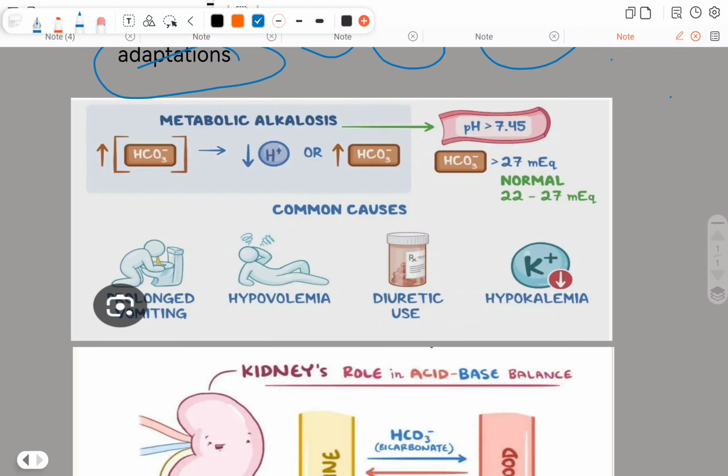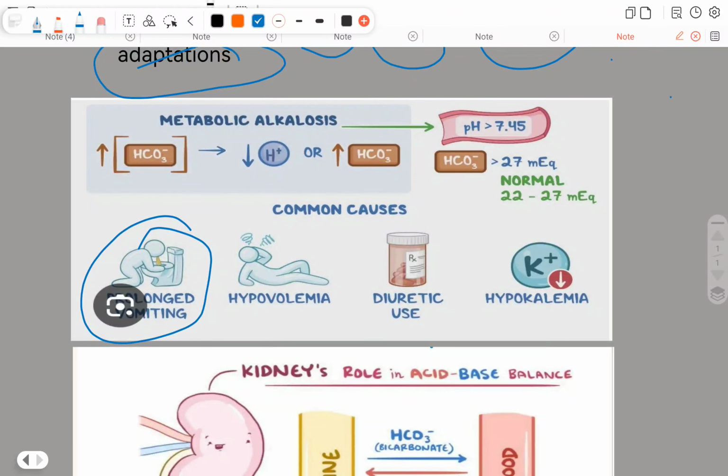Metabolic alkalosis is caused by losing hydrogen ions from our organism for several reasons. First of all, look at prolonged vomiting. Vomiting means that when we vomit, we discharge the fluid of the stomach. The stomach is full of hydrogen ions because hydrochloric acid is located there for digesting the proteins. It's necessary, and when we vomit again and again, we lose the hydrogen ions, and for maintaining